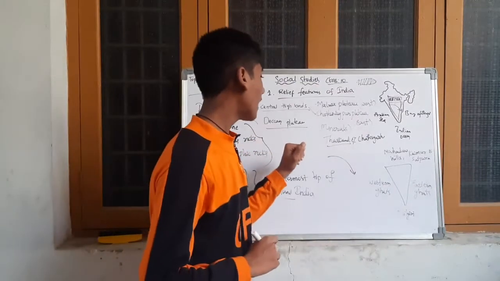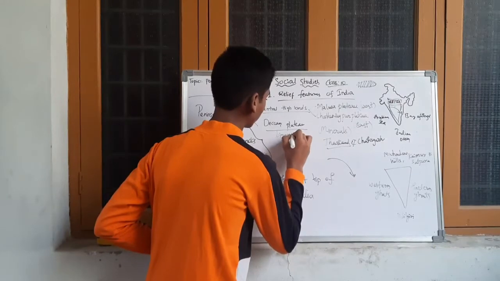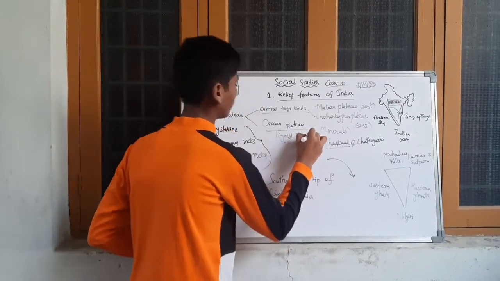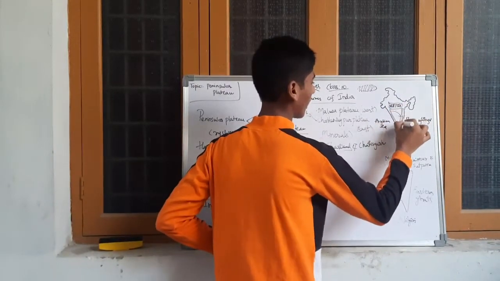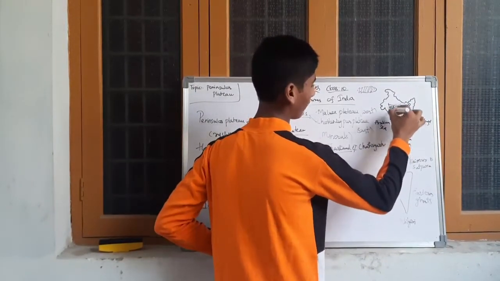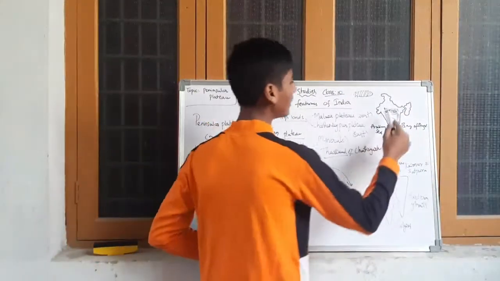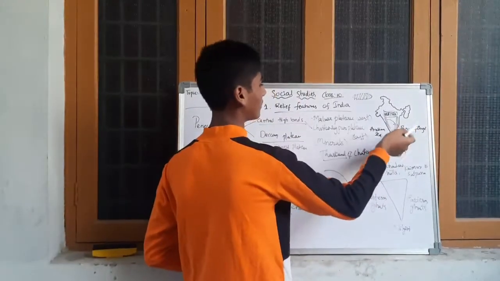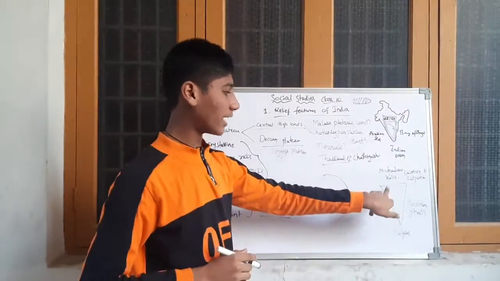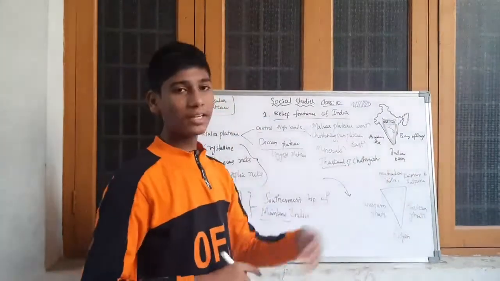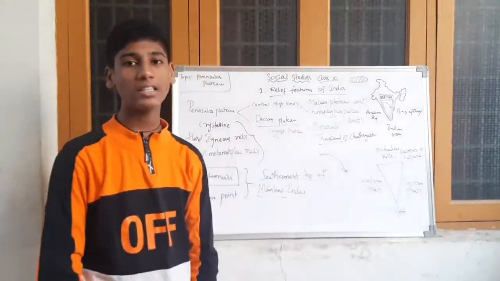This Deccan Plateau is the longest, biggest plateau. It is located in the south of India. This is called the Deccan Plateau. And let us see the north side, east side, west side and south side. In the north of the Deccan Plateau, the Mahadev Hills, Kaimur Range and Satpura Range are located.